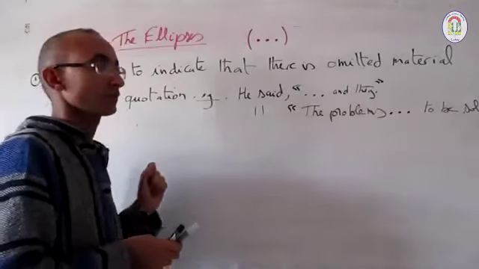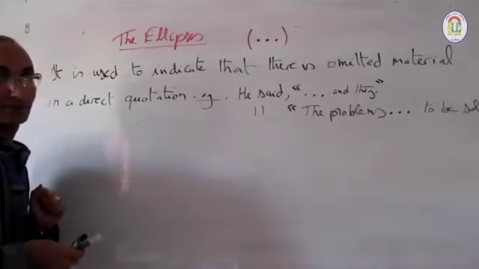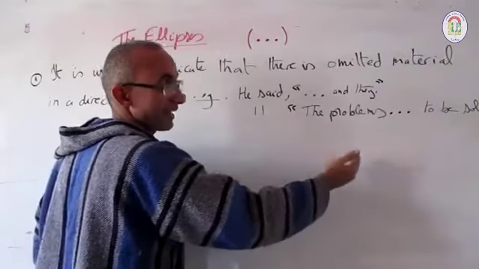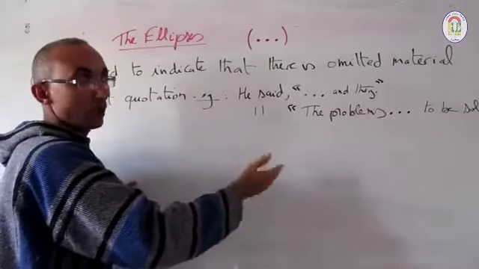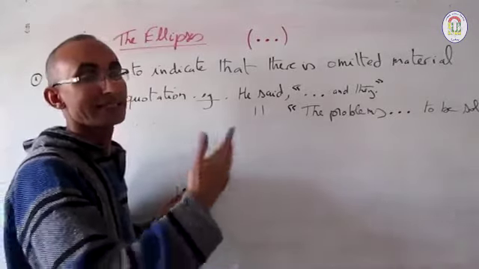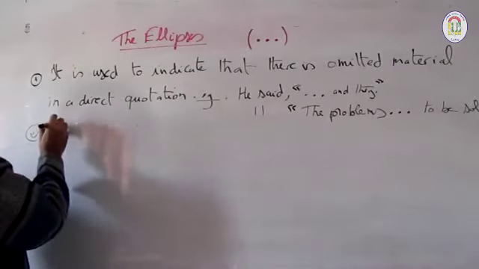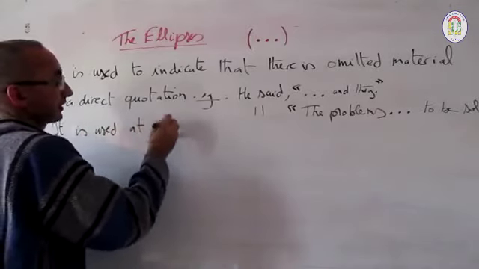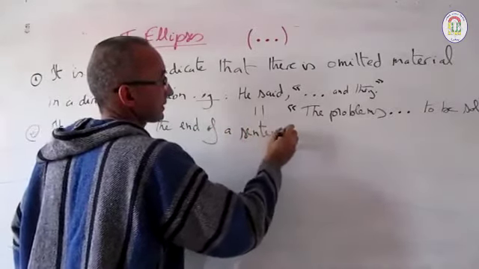Also, the ellipses can come at the end of a sentence, right? Like in Arabic, when we find them at the end, this means that the sentence or the speech of the writer is unfinished, or there is something unsaid. So number 2, it is also used at the end of a sentence